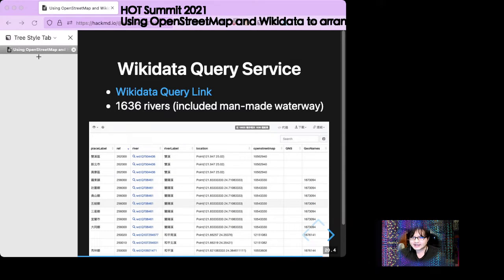And here are the Wikidata query service results. We have a total of 1,636 waterways in Taiwan, which include man-made waterways. So right now we just handle rivers and streams. One day we have to extend to man-made waterways like canals.